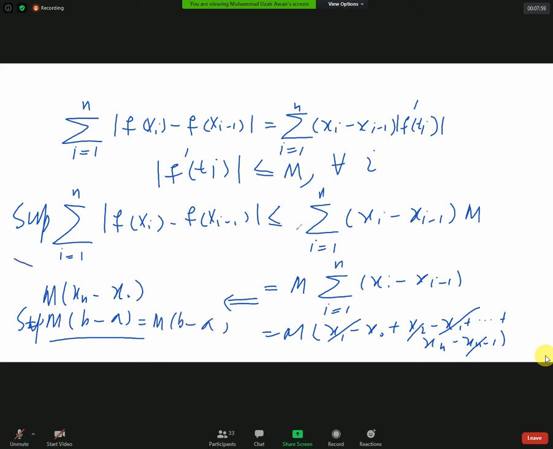Now this is the total definition of total variation of f। This is equal to a finite quantity। If the total variation of a function f is a finite quantity, then we say that it is of bounded variations। ठीक हो गया? This completes the proof।